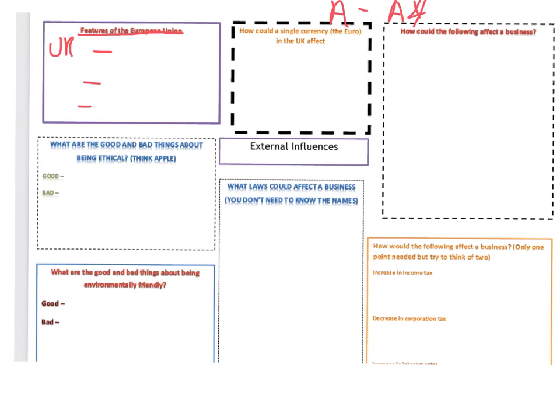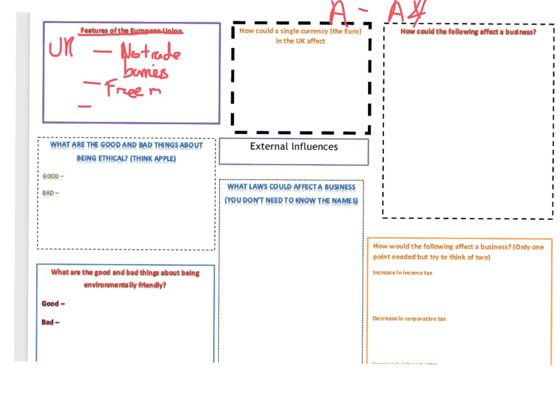One, there are no trade barriers. That means that no one's allowed to put a tax on your goods, they call it a tariff, on your goods from the UK going into, like, Italy. So Italy can't put any taxes on UK goods, they've just got to accept it and put it in. That's one good thing. There's a second good thing, which is there's free